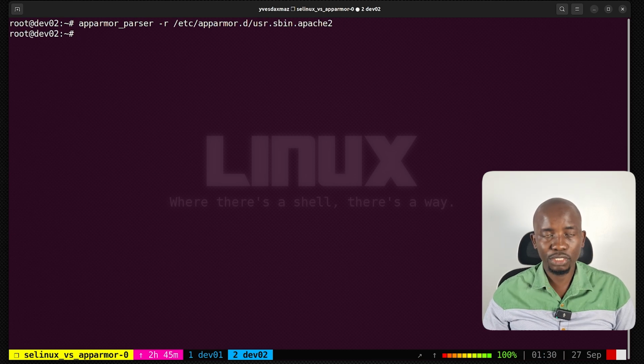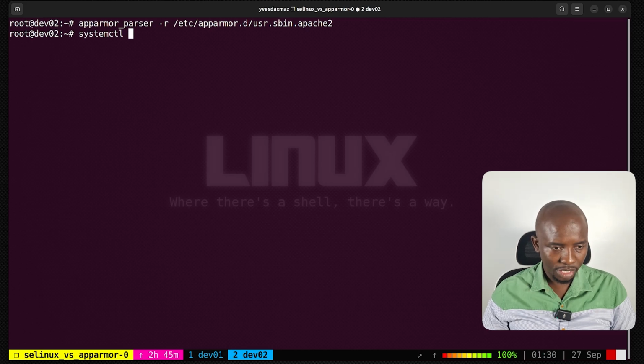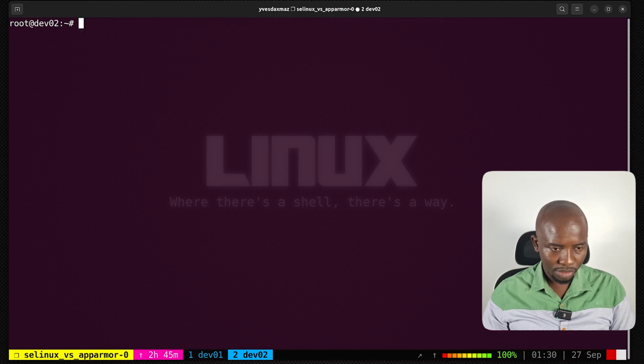This will reload the profile, and now we can reload the AppArmor service. And if we restart Apache, systemctl restart apache2,